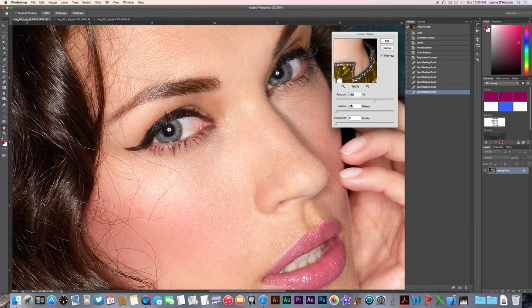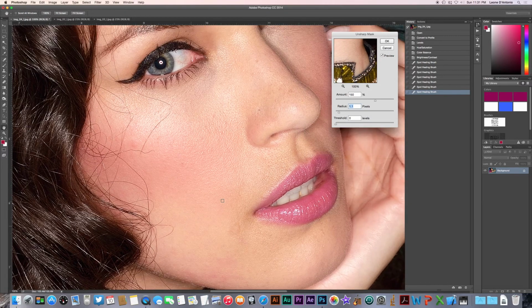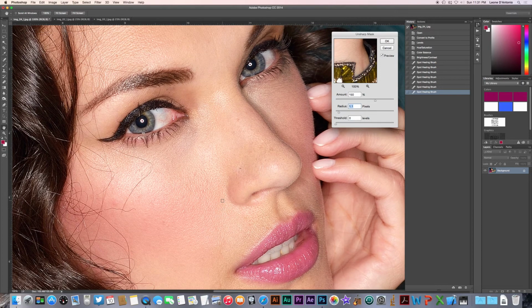Now that I have the preview on, I'm going to shift these pixels over. Like I said, don't touch the amount, don't touch the threshold. I'm going to shift the pixels over just so you can see what happens. So I'm shifting it over to 1 pixel. Look at the big difference. Look at how everything's sharper, and look at how all these pores on her face and hair and everything became grainy sharp. This is bad. This is what you don't want. This is a mistake in sharpening. That's why, like I said,